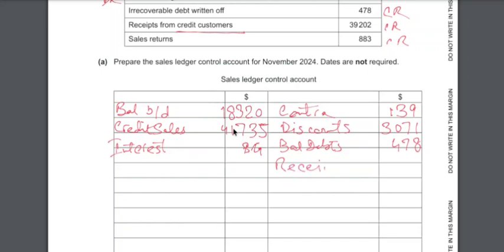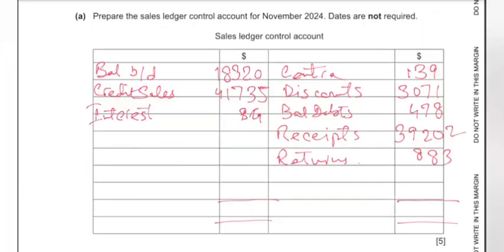So these receipts always reduce the value of credit sales because they have paid you. So that is no longer part. And then we have our sales return. Again, sales returns are also reducing the value of your credit sales. So this is 883. Now simply putting down all these amounts, we can total this, and if we add them